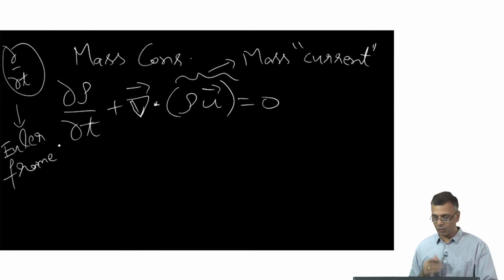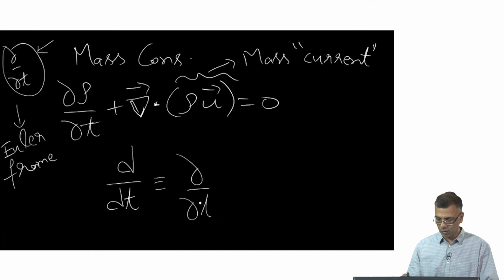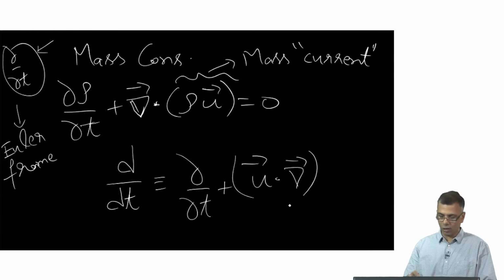And you remember the relation between the Lagrangian derivative, which is the straight d over dt, not the partial, and this kind of Eulerian derivative is that this is equal to plus